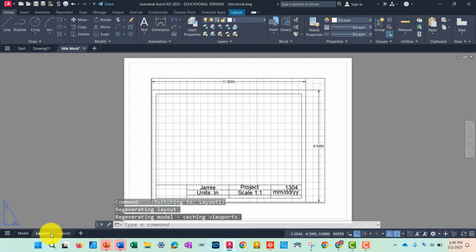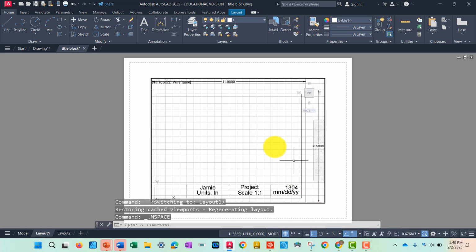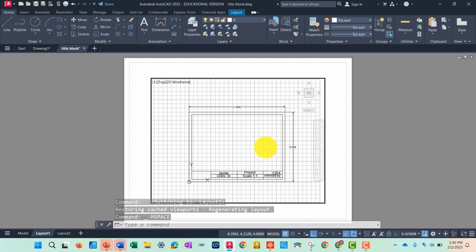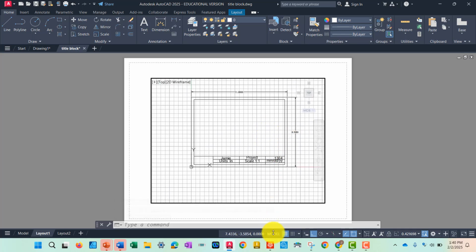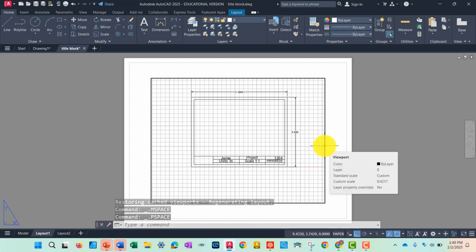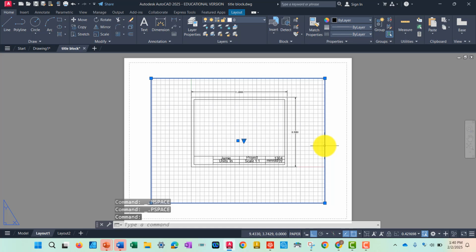The layouts, this is how we're going to put things onto a piece of paper, send it to your regular old printer. Now, the default is for this to come with a viewport. And I'm not going to be using viewports in here. We're going to be using view base and actually draw it on the piece of paper, so it's not going